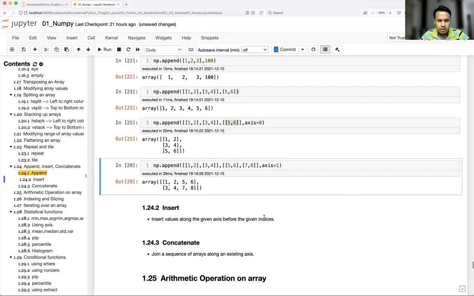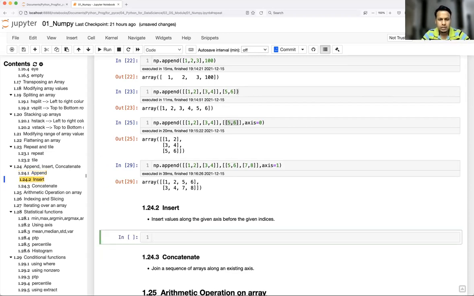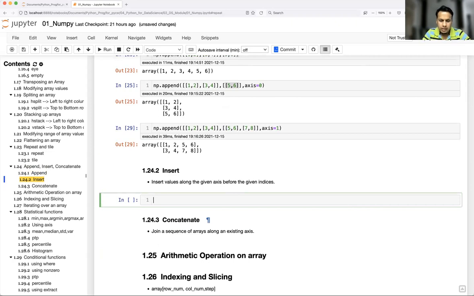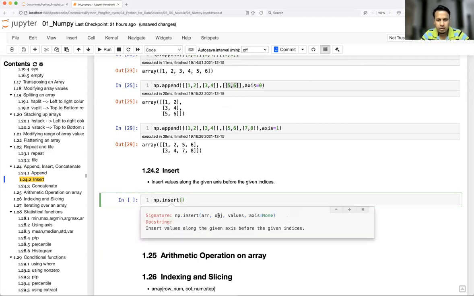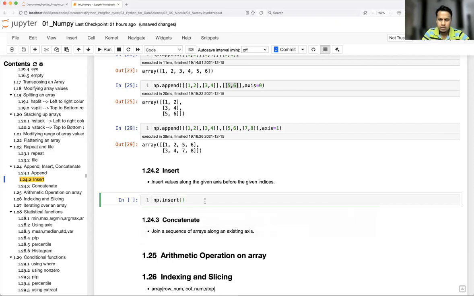Okay, let's talk about insert. Insert values along the given axis before the given indices. Here it is also going to work the same way as we did in the list. So np.insert. Let's see what all it takes. It takes array, it takes object and the values. So my array is 1 2 3.